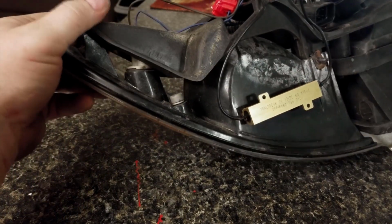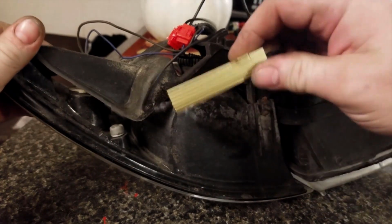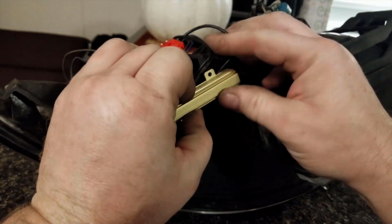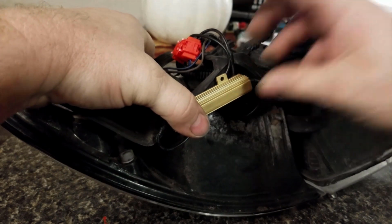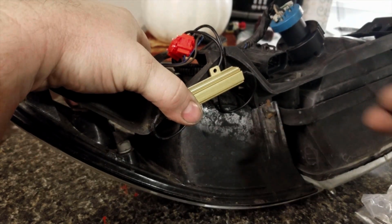like that. Then if you flip the headlight up, like so, what I did on the other one is there's enough room for this resistor to actually sit right under here. I don't know if that's going to cause any problems with it getting hot, but hopefully not, considering it's not on that often. And then all you have to do